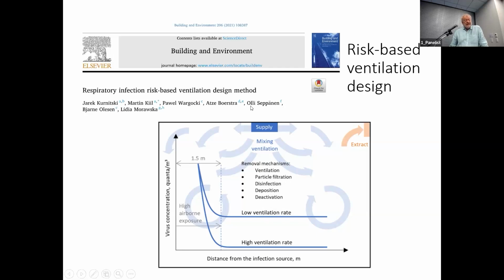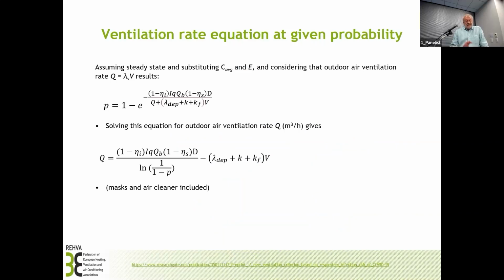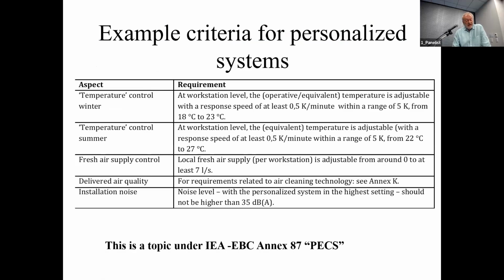There is a paper that has been worked on by REHVA. There's also a Nordic Ventilation Group that has been involved in establishing a method basically based on Wells-Riley. There are also some factors that could take into account air cleaning and masks. There's a paper on that. I will not go into detail on the different ones, but of course there are several assumptions made in such a model. But what it turns out